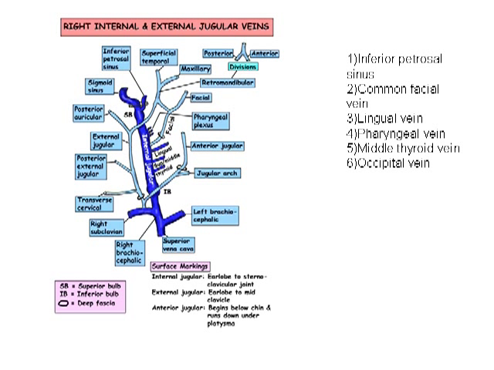and posterior. The tributaries to the internal jugular vein include the inferior petrosal sinus, the common facial vein, lingual vein, pharyngeal vein, middle thyroid vein, and the occipital vein of